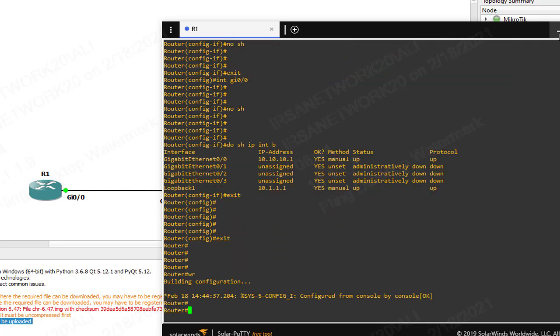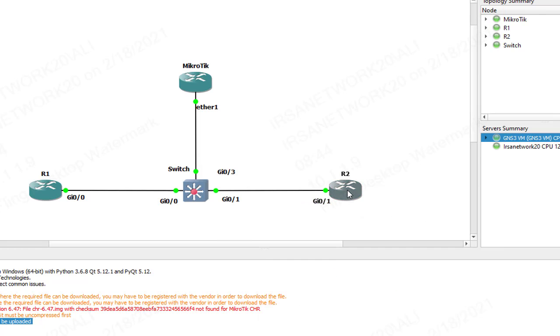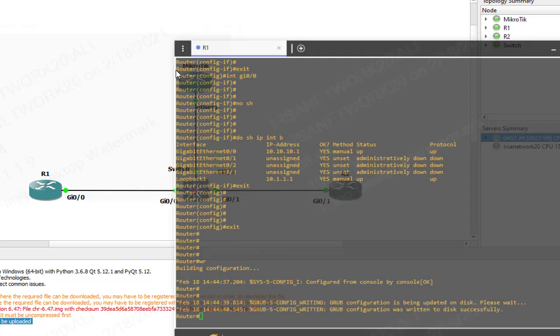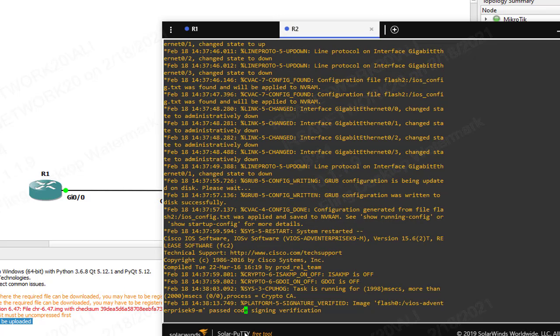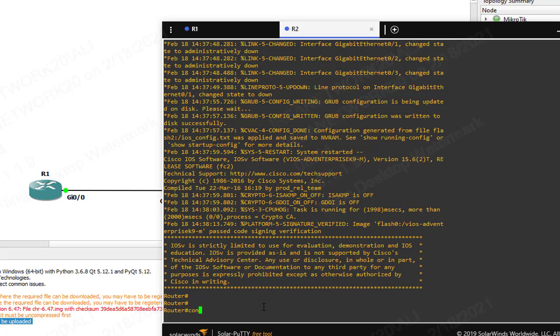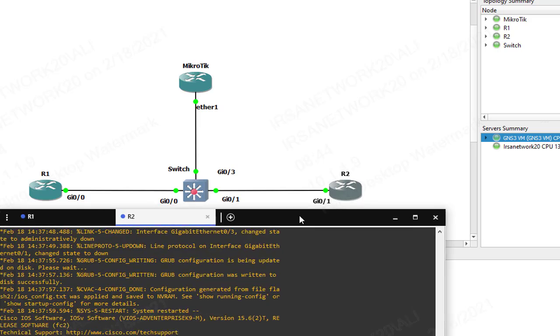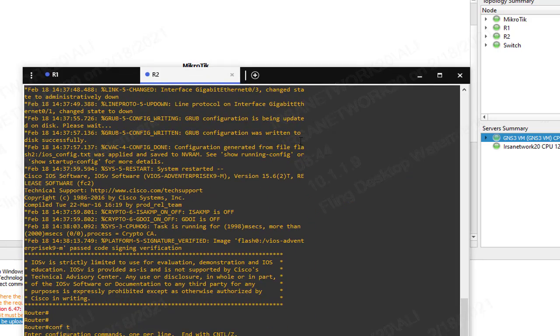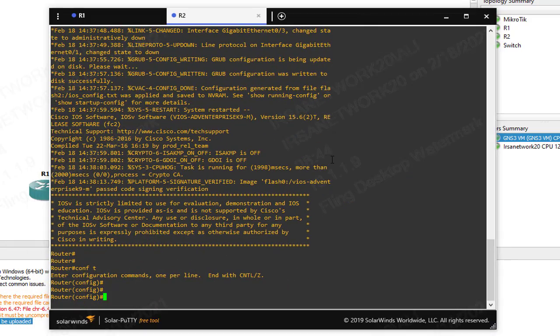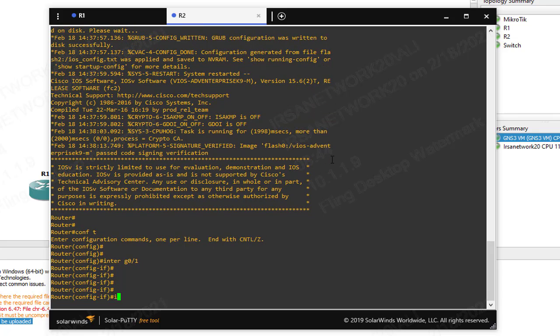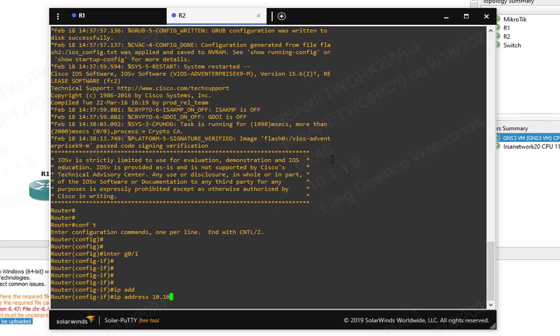So we'll go to the second router here, which is our Router 2, and we'll double click to open up another SolarPuTTY. We'll press enter and configure terminal, and this time we want to configure gigabit 0/1. So we'll say interface gigabit 0/1, and the IP address is going to be 10.10.10.2, and the subnet mask,